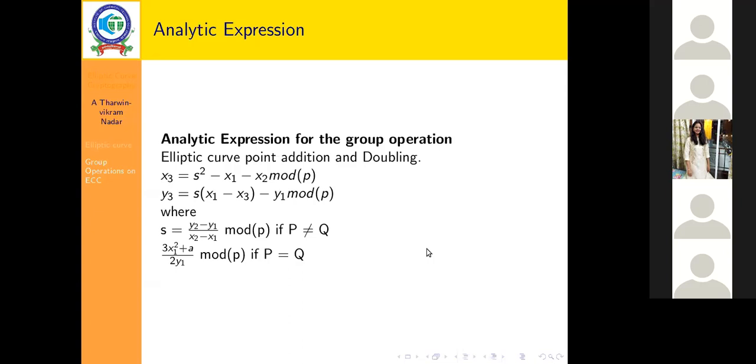After defining group operations, we try to find a cyclic group around the elliptic curve. When we find the cyclic group, we define the discrete log problem on that cyclic group. That was actually done by Rohan, who explained it during the last lecture, how we can define Diffie-Hellman and so on. So these are the basic ideas of how we can define the group operations on an elliptic curve.